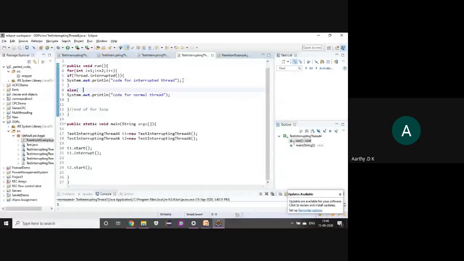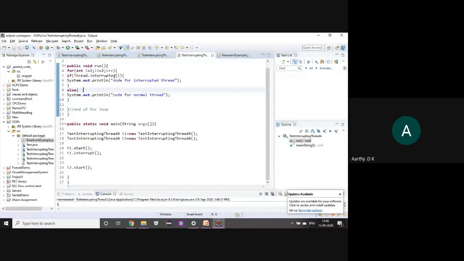What happens when you use interrupted? It will reset the flag to false. So next time, when i equals 2, this thread's flag will be false.